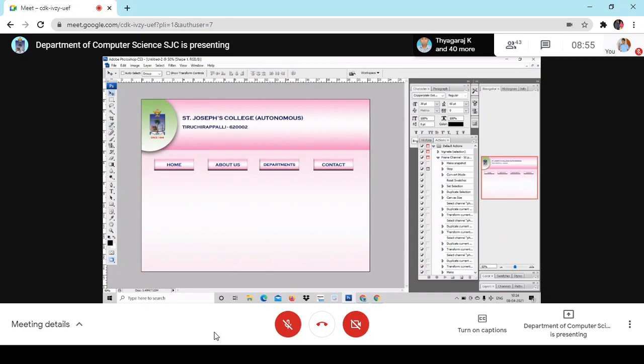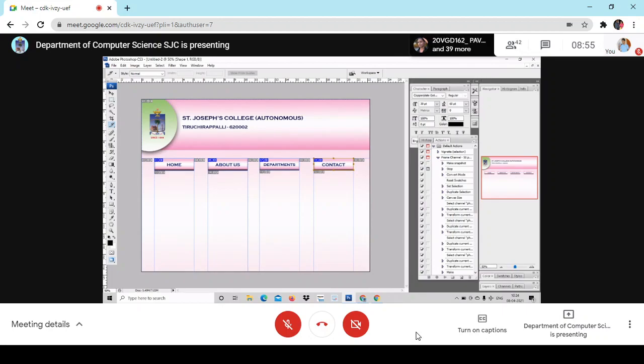How do you design it? See, there is a tool called a slice tool. Boys doing computer science, please note it carefully. This is for programming aspect I'm telling you. This is knife. See, slice tool. Use that slice tool and select it. I am selecting number 1. Okay, and select this second one, number 2. And select the third one, and the fourth one. Okay, I have selected it. I have drawn a round and selected it.